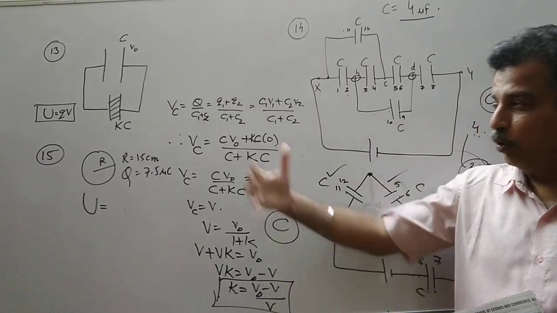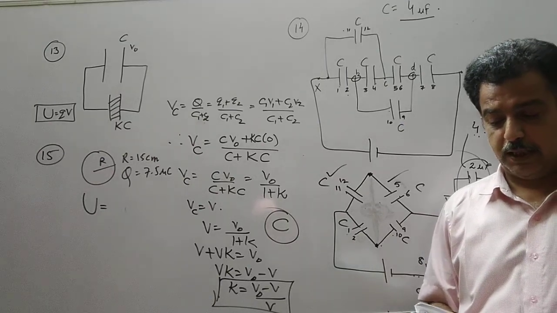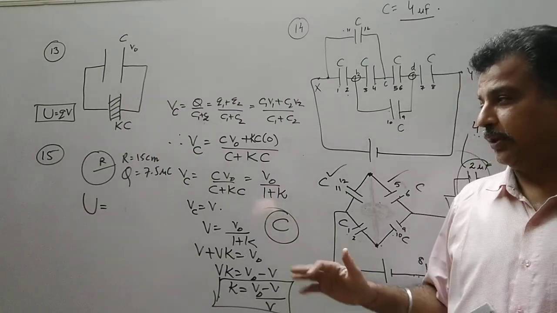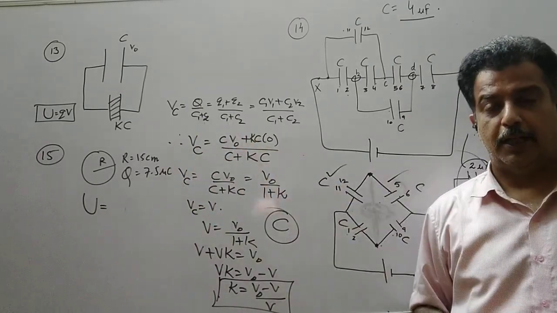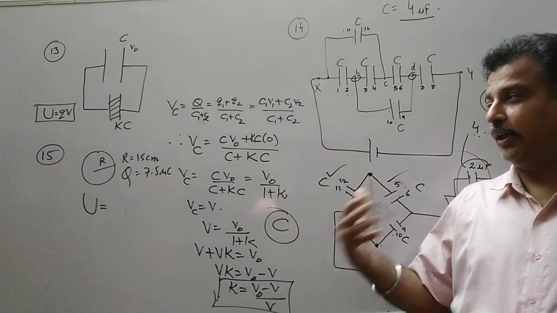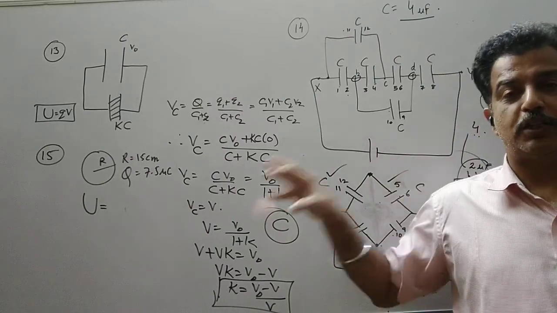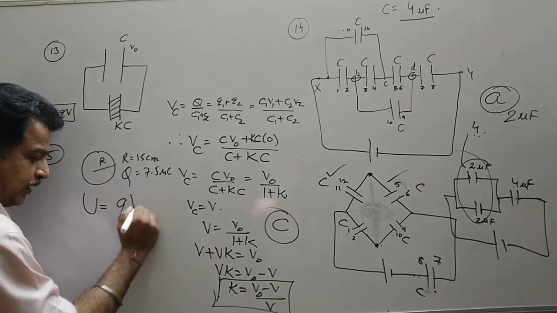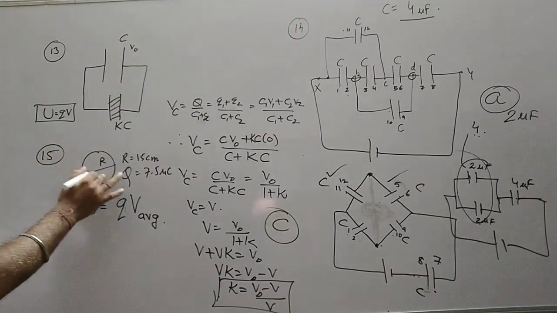Now in this case, we have to find out the potential energy of the sphere. The maximum charge stored on the metal sphere of radius 15 centimeter may be 7.5 microcoulomb. So it is not given that the charge is deposited and you find out the potential energy. We have to find out the process that maximum charge it can store. So this conductor or sphere will take some time for charging, and in that situation, whenever we have to consider such cases, we have to consider a V average. V average means initial potential was 0.